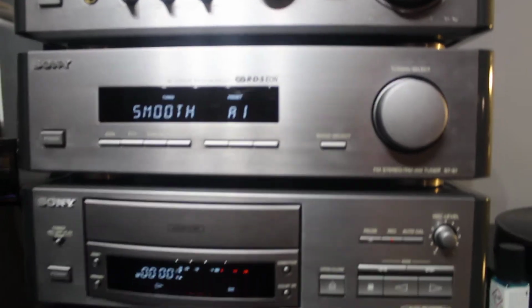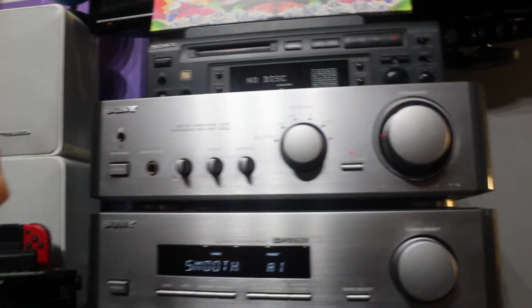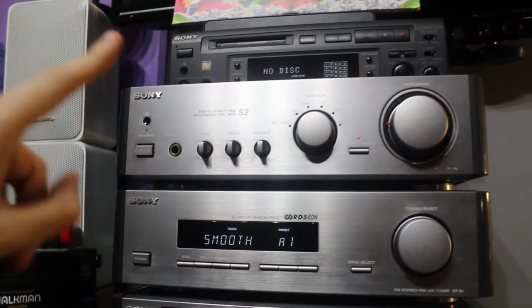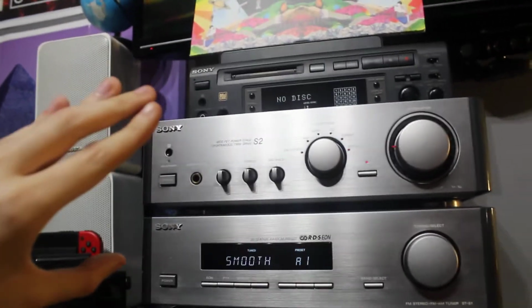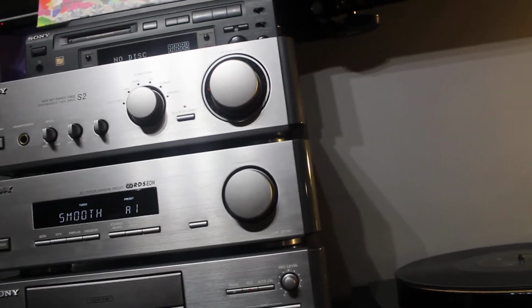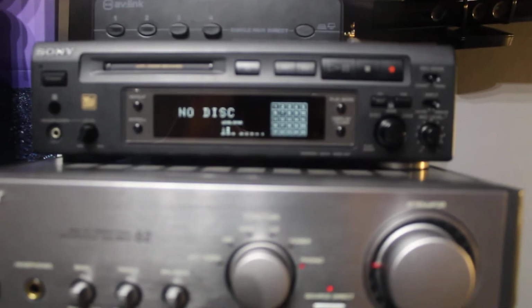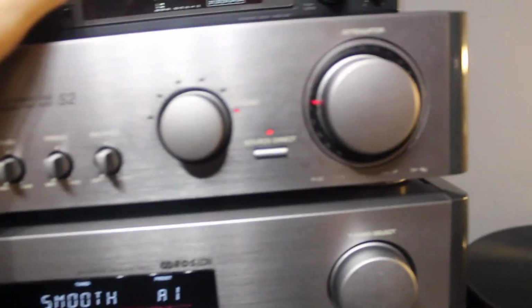Let's actually go down to the tuner. The tuner rarely gets any use out of it anyway. This is the ST-S1, another Sony component. It's all matching, apart from the mini disc recorder. Sony did make a matching mini disc recorder for the system. I am tempted to get one, but they're very hard to find and very expensive. The MDS-S1, I think it is. I can't remember, but the reason why I decided to get this one originally is because this is essentially the MDS-S1 in a different case. So if we go look around the back,